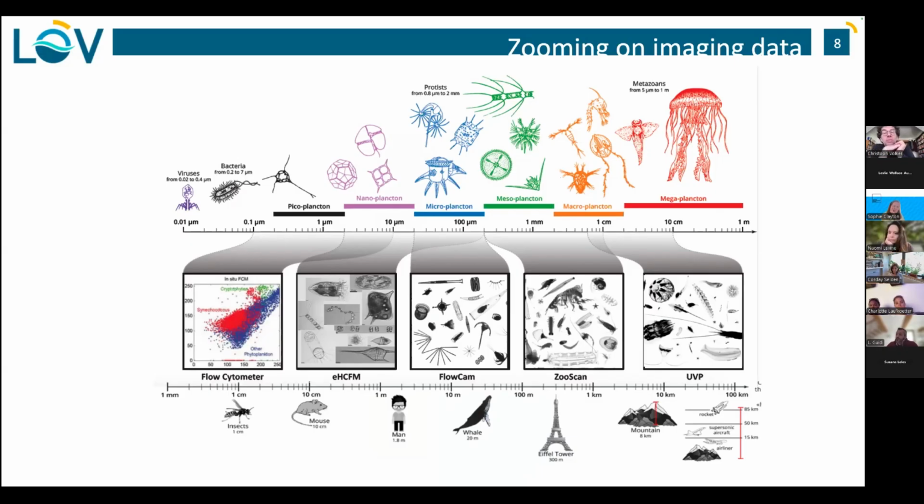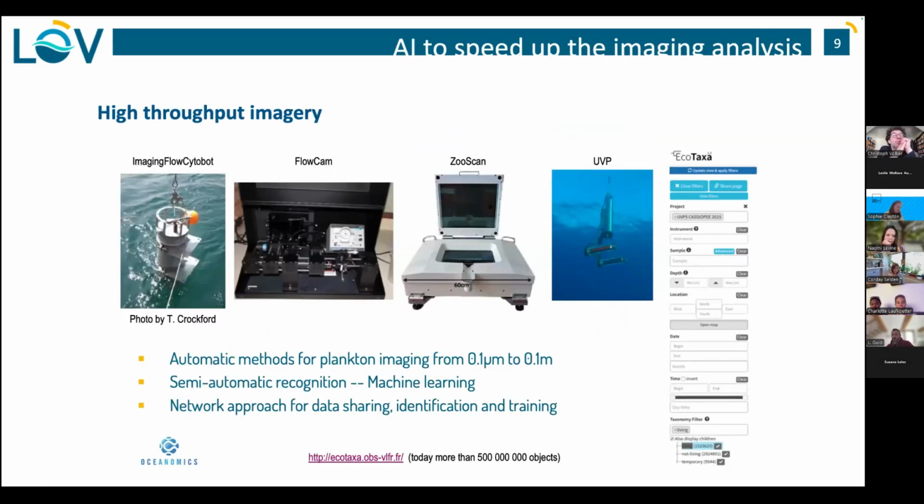So it tells you, with that kind of perspective, that you can't study the full ecosystem using only one instrument. So what we've been doing for years is trying to combine the instruments, except that they have their own biases and their own optical characteristics, which is pretty challenging to put back together to have a complete view of the ecosystem. But because of the advances of machine learning and imaging tools that have been developed over the last 15 years, there is now a common framework to plug all these measurements into a shared online software that we developed, EcoTaxa, to analyze the plankton community.